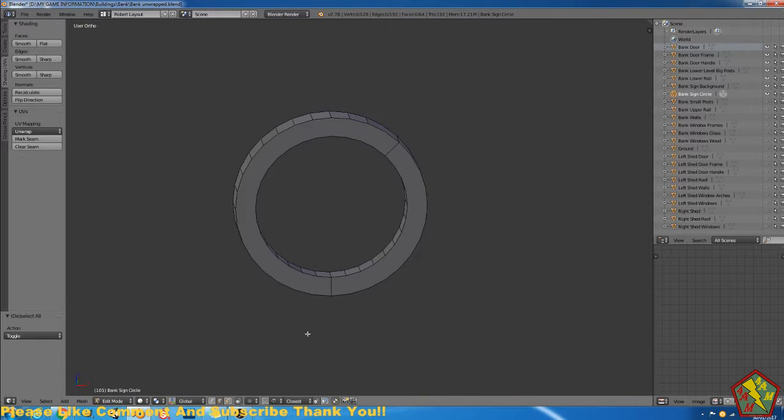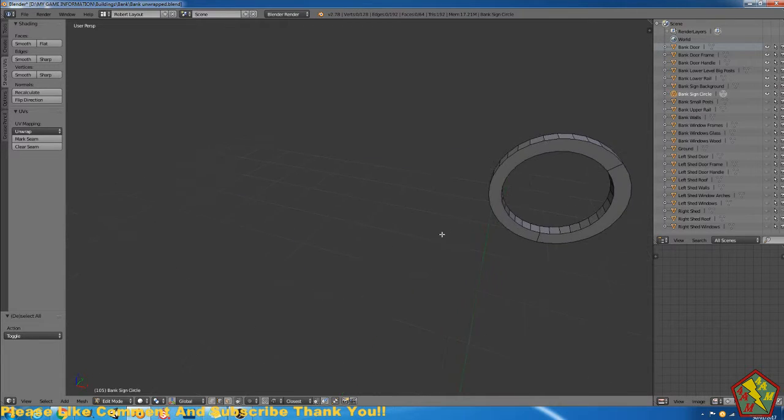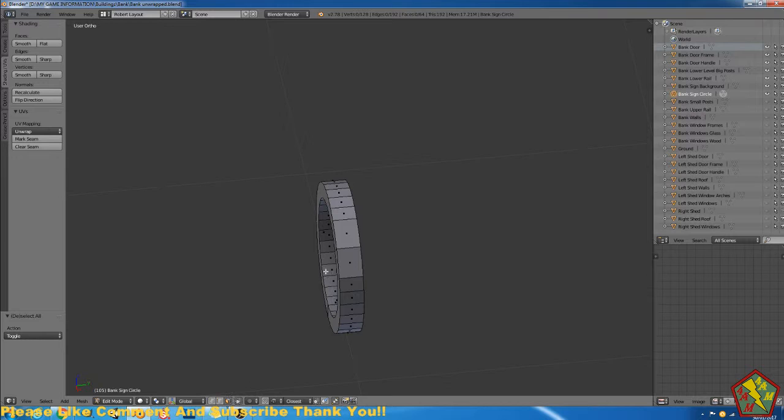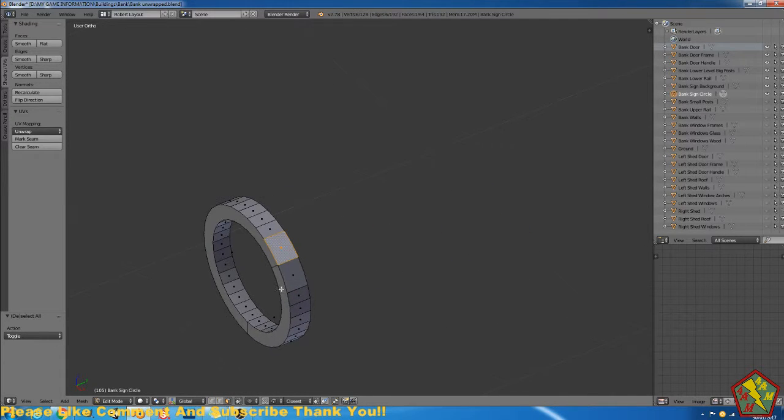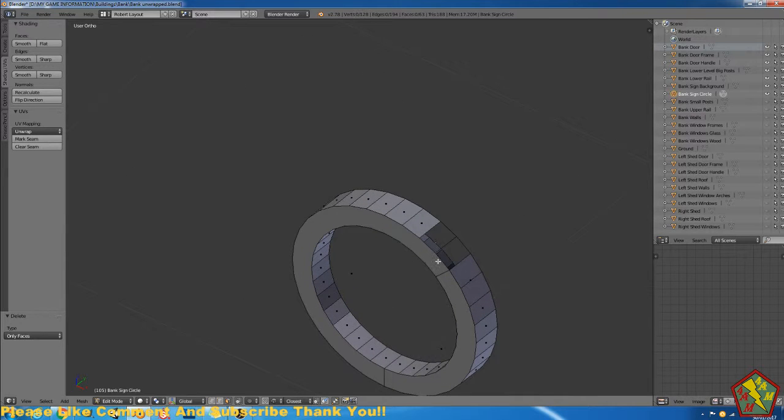Okay, so I was wondering why that was looking strange. Nope, it's got to be orthographic. There we go. Okay, so see, I've got this big face here and this big face here. Now if I go onto the vertices, they are actually still there. So I'll fill those both in, and then I need to delete that face and delete them one at a time, to make sure that the edges actually stay there. So only face, and then we need to